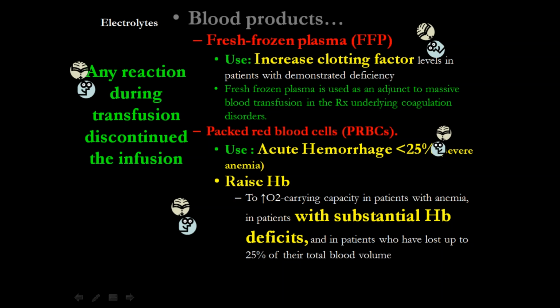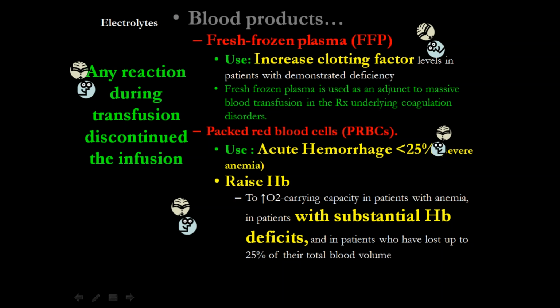We have some other blood products, like for example, fresh frozen plasma. Review what we have in plasma. In plasma, we are going to have mostly proteins, hormones, etc. But plasma is given to patients who have some problems with the coagulation process. That is going to provide proteins, and the proteins include the clotting factors. Clotting factors are proteins. So that's why in cases of problems with coagulation, we are going to give fresh frozen plasma that increases those factors.